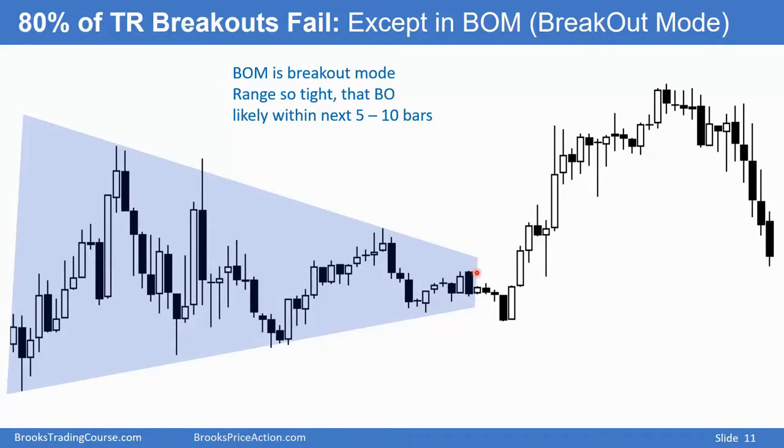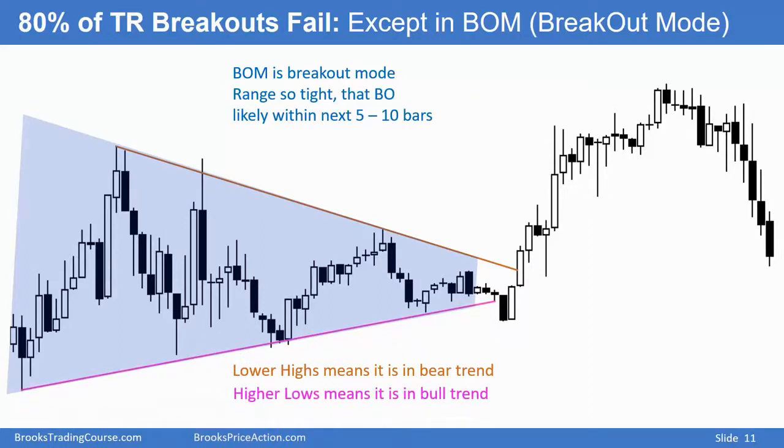So we have a bear trend and a bull trend, and we're getting near the apex of the triangle. I said before, 50% of breakout attempts when you're in breakout mode fail, and we tried to get a bear breakout, and then we reversed up. I also said 50% of the time when the market's in breakout mode, the ultimate successful breakout will be a bear breakout, and 50% of the time, the ultimate successful breakout will be a bull breakout. Here we had a failed bear breakout, which happens half the time that the initial breakout fails, and then we ultimately had a successful bull breakout.